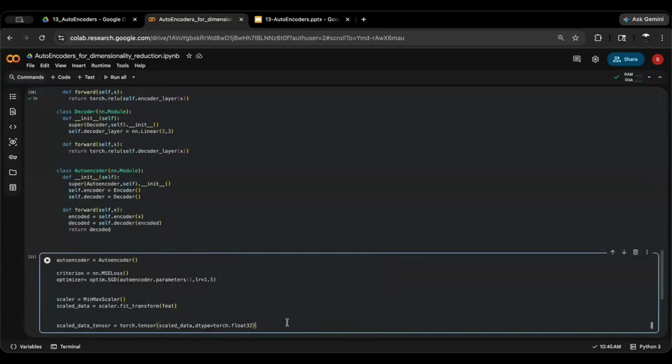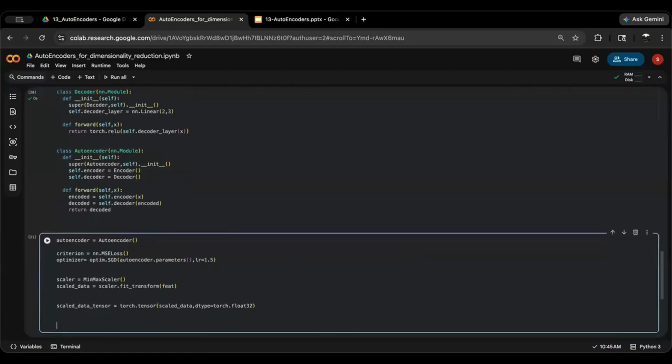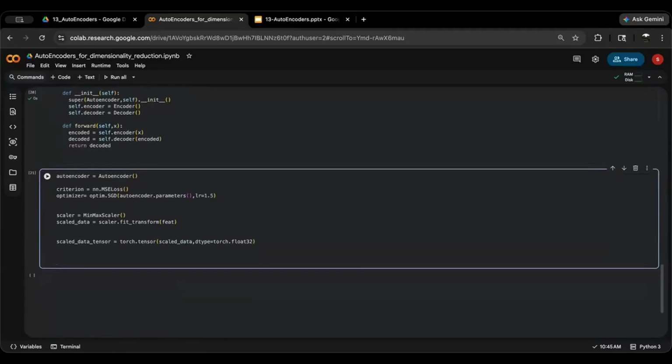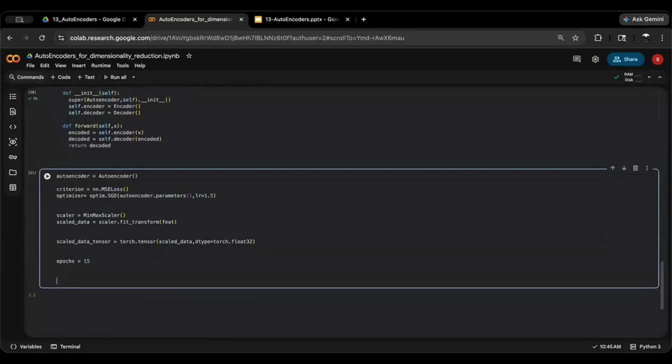All right. So again, torch.tensor converts the scaled data into a PyTorch tensor with a data type of float32. Tensors are the core data structure in PyTorch, similar to arrays in NumPy, but with additional functionality for GPU acceleration. Then I'm going to train the autoencoder here. For that, I'll first have to define the epochs. I'll define that as at least 15. And I'll say for every epoch in range epochs,